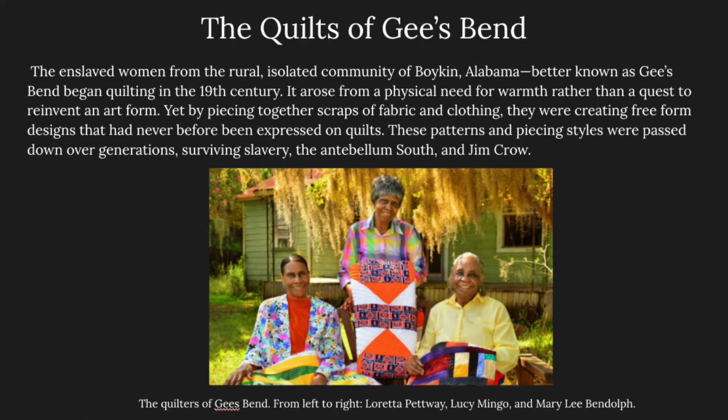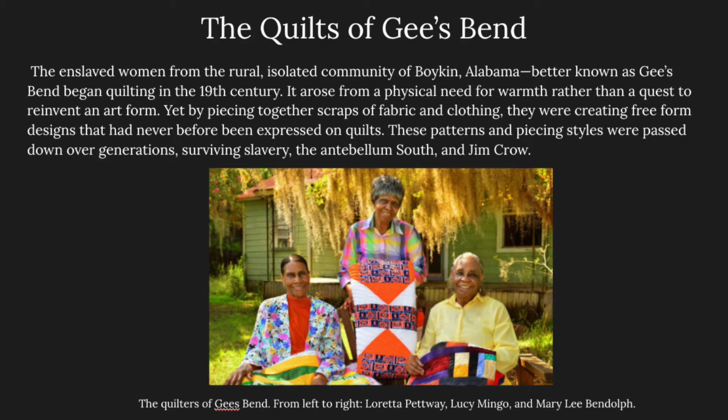Quilts of Gee's Bend. The enslaved women from the rural isolated community of Boykin, Alabama, better known as Gee's Bend, began quilting in the 19th century. It arose from a physical need for warmth rather than a quest to reinvent an art form. Yet, by piecing together scraps of fabric and clothing, they were creating free-form designs that had never been expressed on